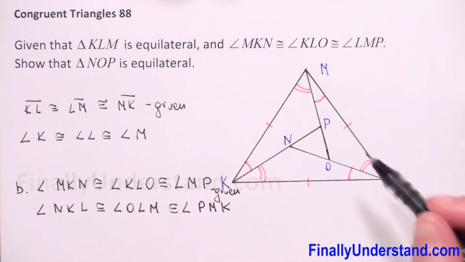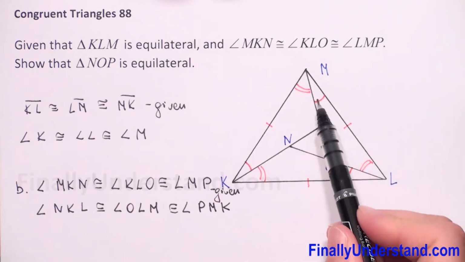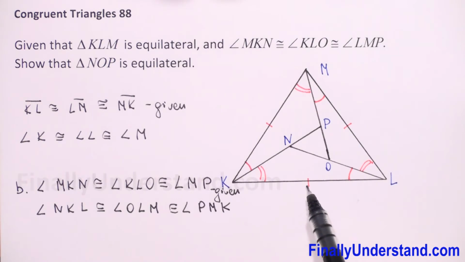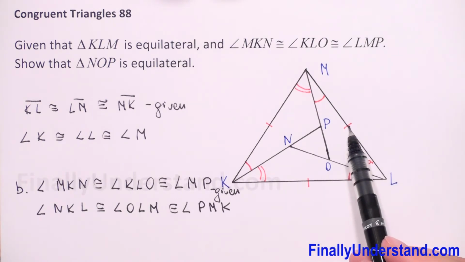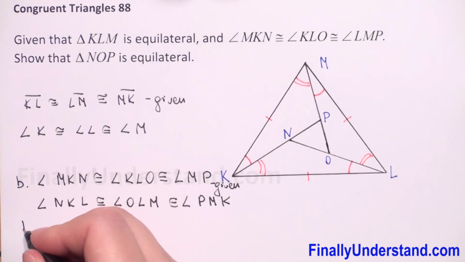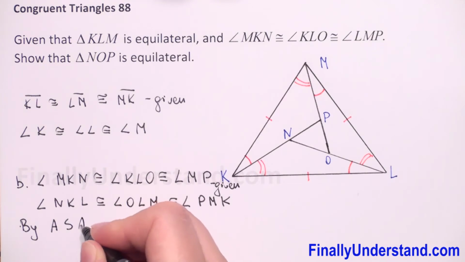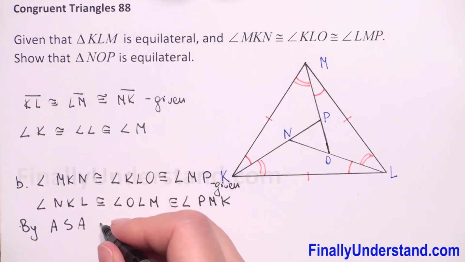So we have sides between these two congruent angles. This side is congruent to that, so we can write that by the angle-side-angle congruence postulate,